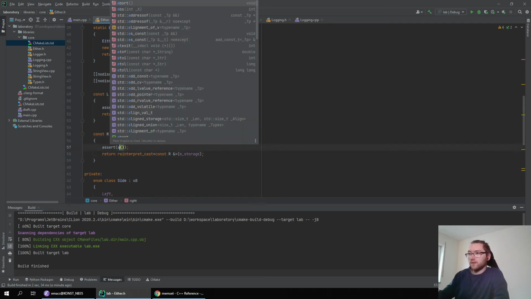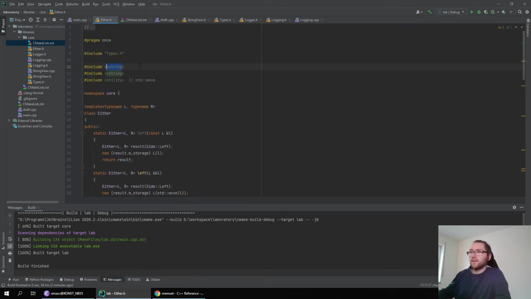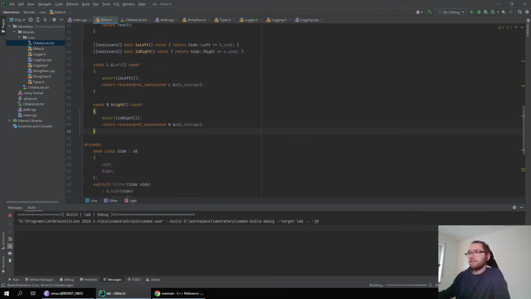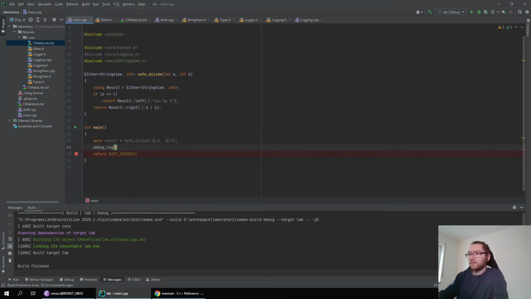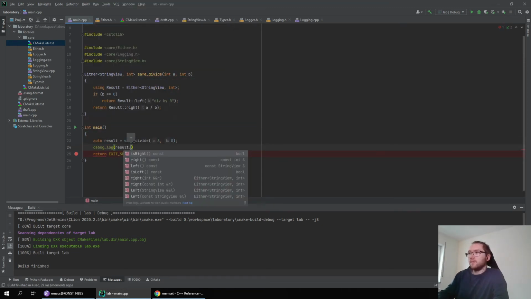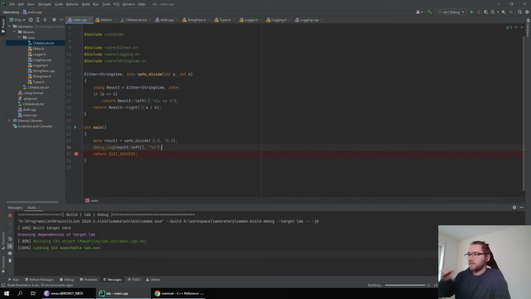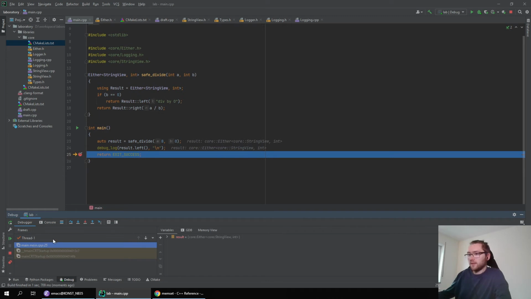Of course, now I have to assert is right, and I have to include this. Can I now access my values? Left, my error. I set a breakpoint.